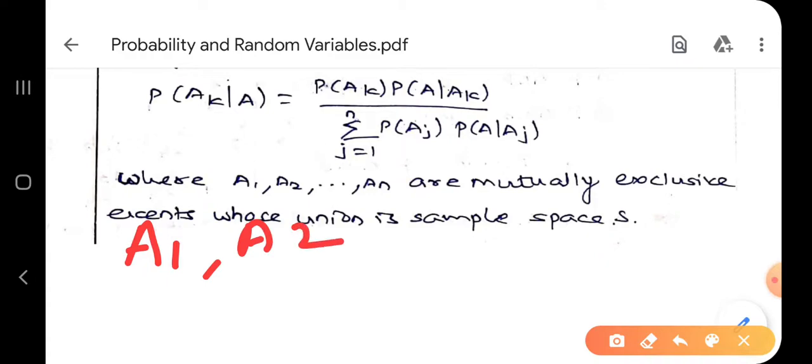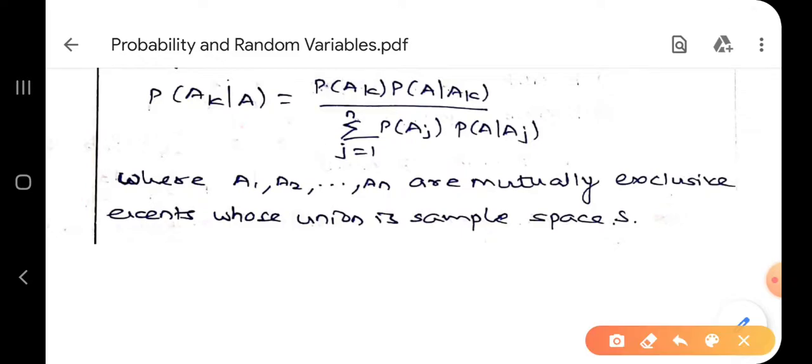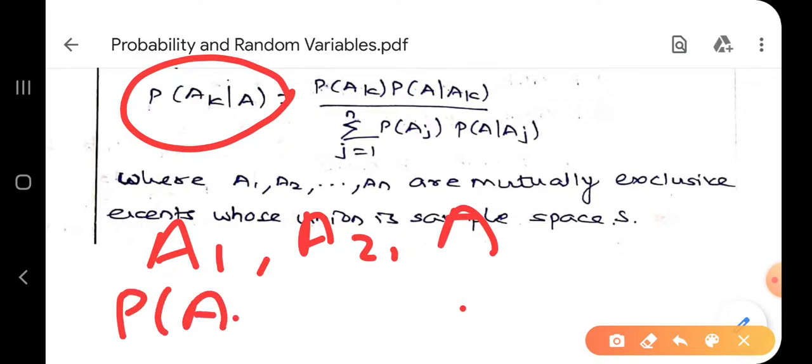Suppose A1, A2 are the two events and I have to operate on B, or you may take A. Instead of B, you may take A1, A2 and A. So these are the two events and A is what we have to find. Then P of AK by A means, here suppose I have to find P of A1 by A,